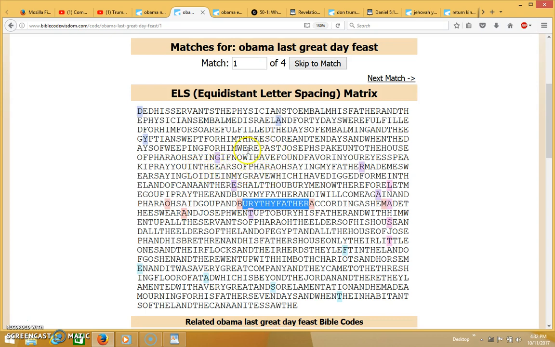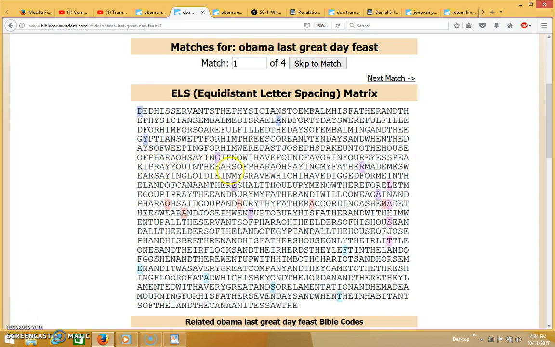But over here is where it talks about embalming. It says his servants, the physicians, to embalm his father, and the physicians embalmed Israel, and 40 days were fulfilled for him. For so are fulfilled the days of embalming. And the Egyptians wept for him 70 days. And when the days of weeping for him were past, Joseph spake unto the house of Pharaoh, saying, if now we have found favor in your eyes,